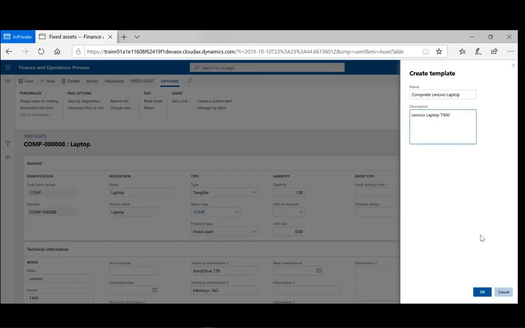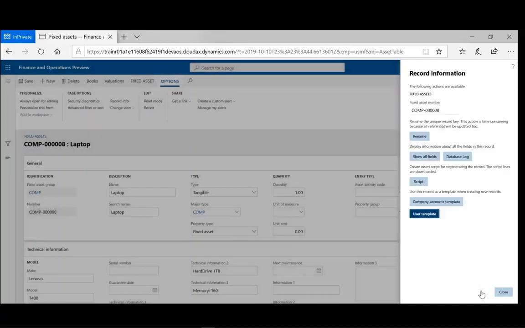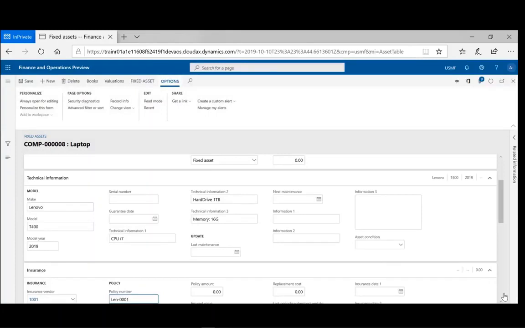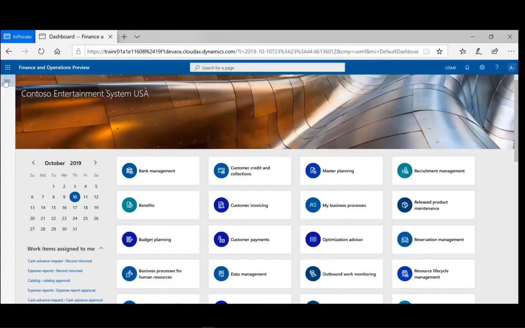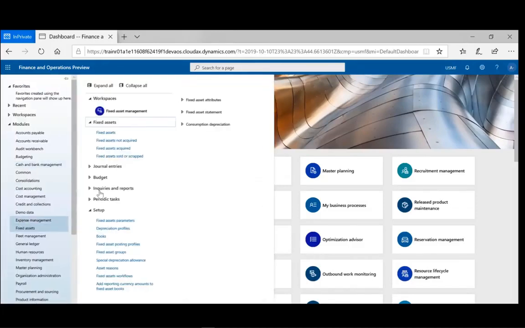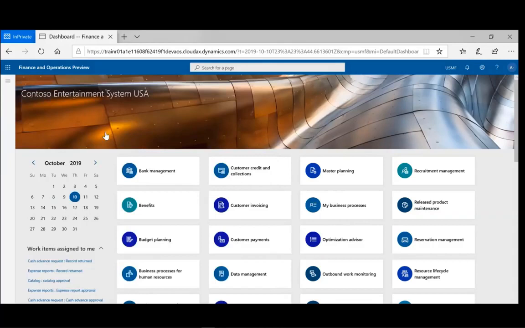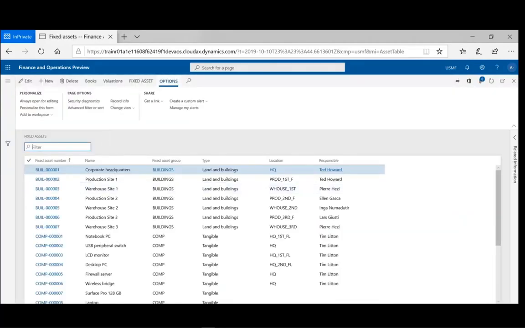T400. And I click OK. And I click Close. Now I have successfully created this laptop as my record template. To use this record template, I can go back to my fixed assets. Now this time, when I create new fixed assets by clicking New,